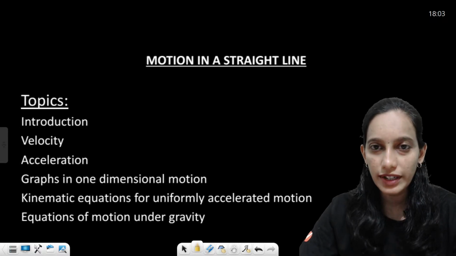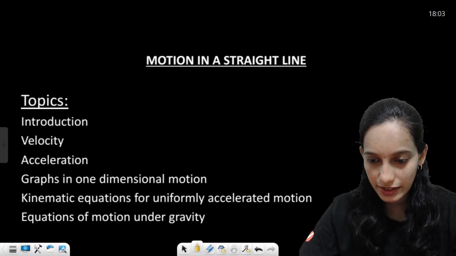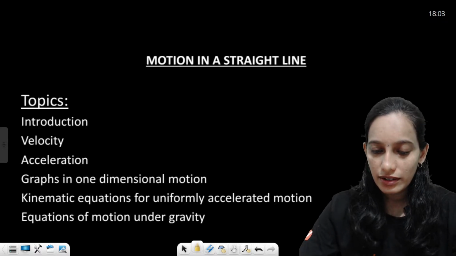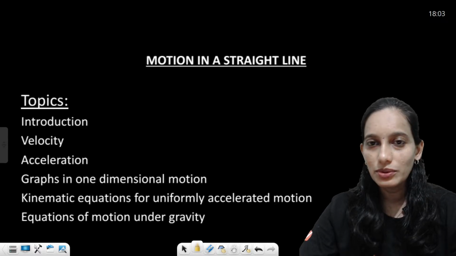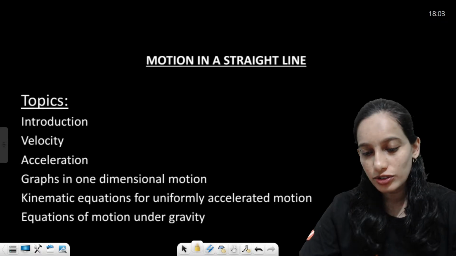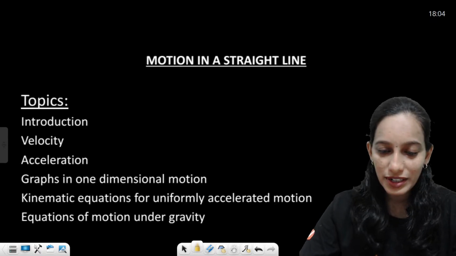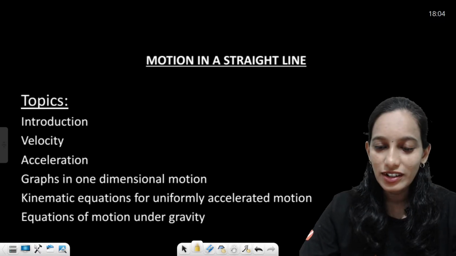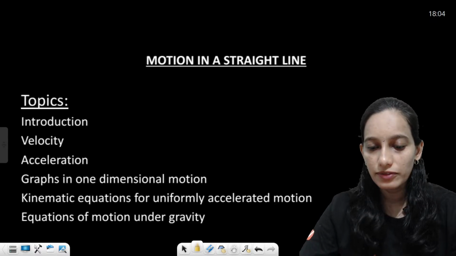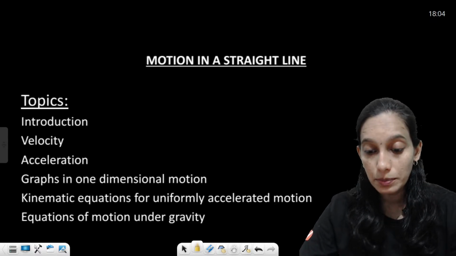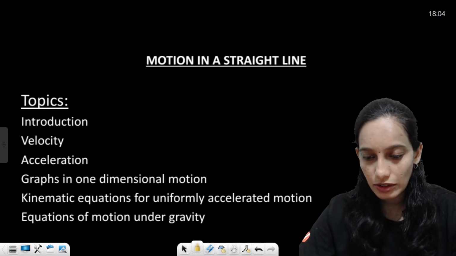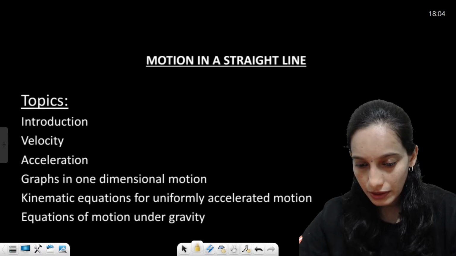Okay, so you mean to say you can't understand the chapter motion in a straight line, right? So today you are going to get most of it. Let's keep our target that you are going to understand most of the concepts in this chapter. Just follow from the beginning to the end. You're not supposed to leave in between, or suddenly join after some half an hour. It's not going to help you. So we are going to have a quick brief discussion and a crisp revision, which will definitely help you to understand most of the concepts in this.